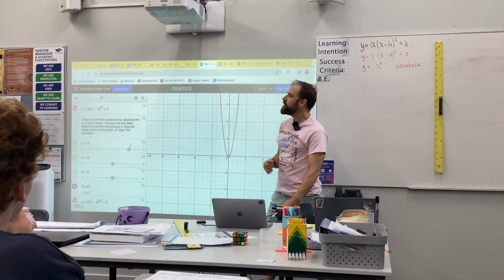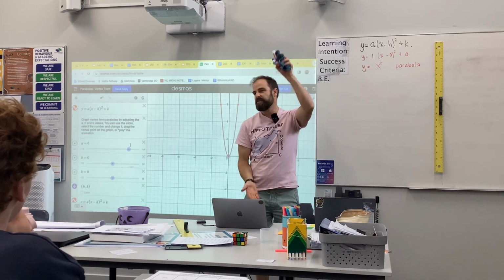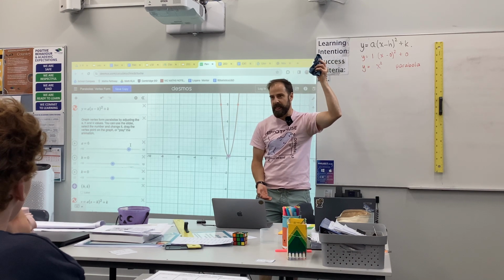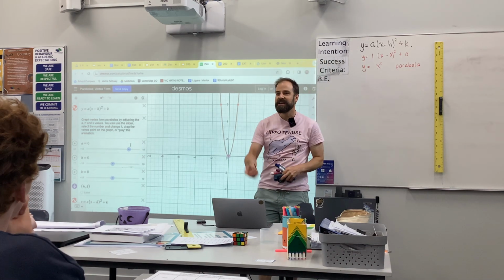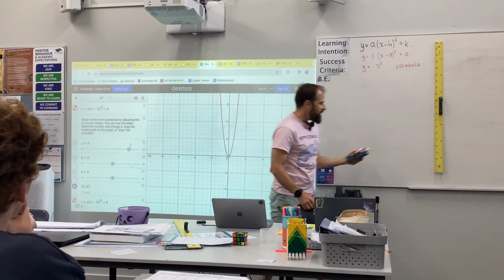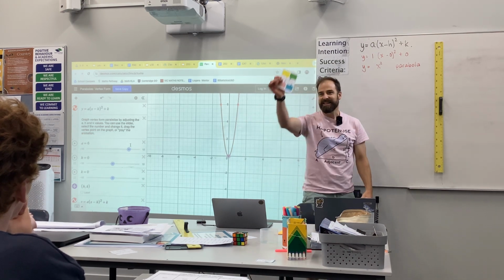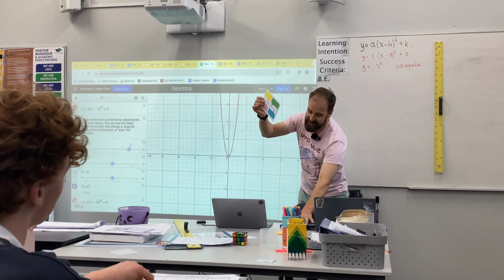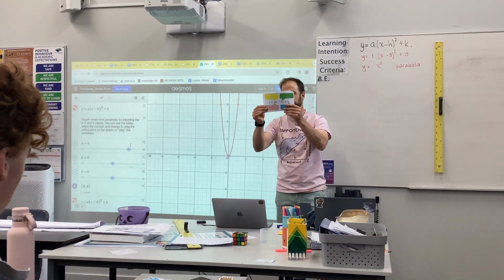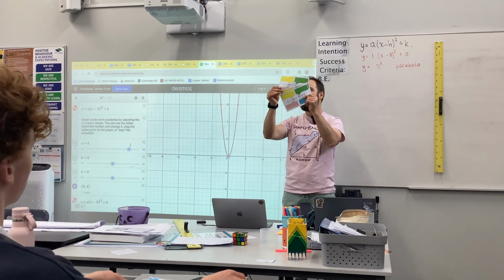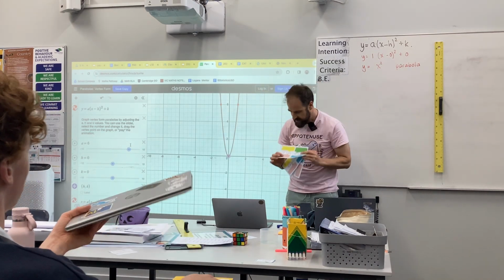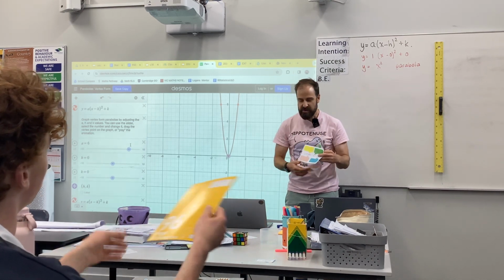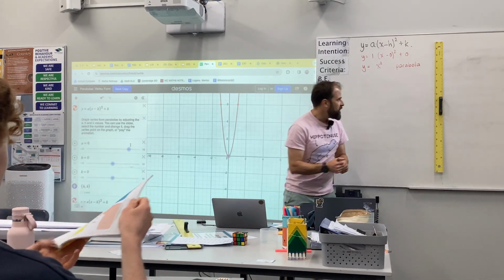So there's a formal word that we use for this stretch away from the x-axis. Starts with a D. Does anyone know what it is? It is called a dilation. All right, so this is where I want you to break out this little piece of paper here. Now, we couldn't decide in the last lesson, do you think the yellow one or the pink one is more pointing towards A? Yellow? All right, so in the yellow box,